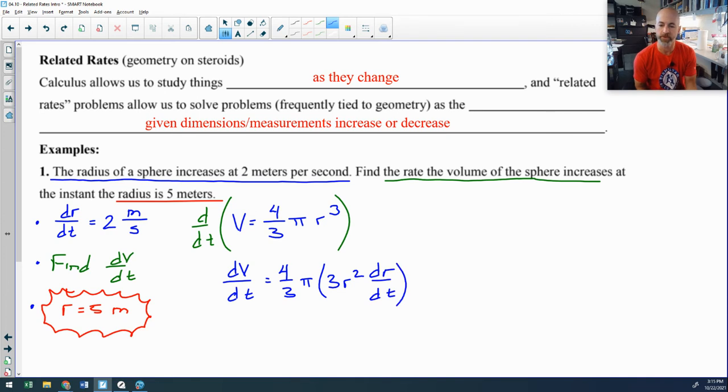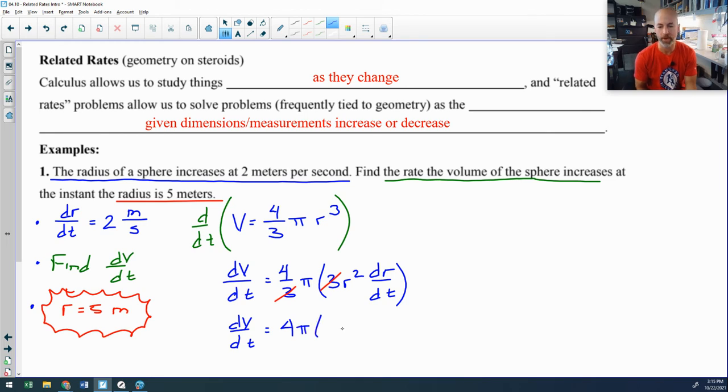And then after you find the derivative, you start plugging in everything that you are given. I'll look at my given information. I know that dr/dt is 2. I know that r is 5, and I'm trying to solve for dV/dt. So I'm not going to plug anything in for dV/dt. I'll just leave that alone. I will plug in, oh, look, I can cancel 4/3 times pi times 3. Those 3's will divide out. Get rid of those. So I'm left with 4 pi